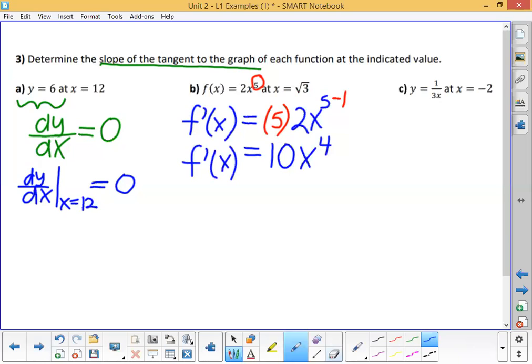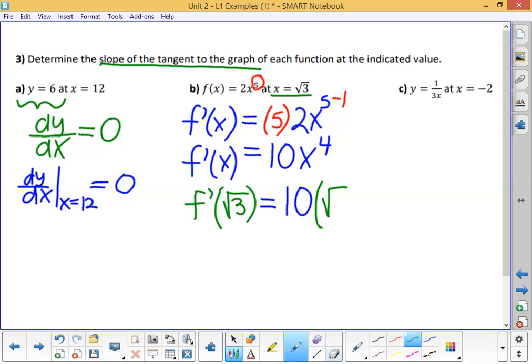Because the question is telling me at x is equal to the square root of 3, that means I'm going to substitute into the equation at root 3. I have 10 times root 3 to the power of 4. So I'm basically substituting root 3 everywhere that I see an x. And we're going to do this step by step. So f prime of root 3